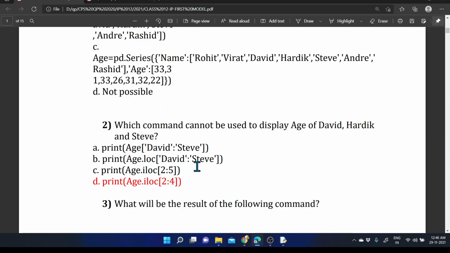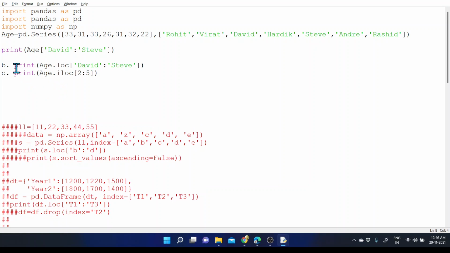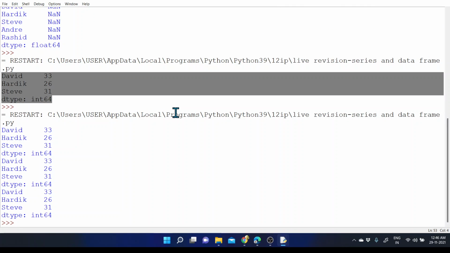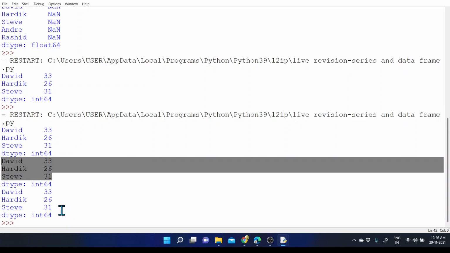They will print the entire data. I will show you how that will be printed. Both of those two sections will print the same answer. I need to remove these options from this, otherwise it will create an error. So here you can see the same thing printed repeatedly. So those options are correct.